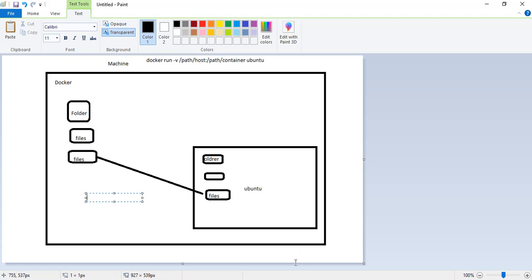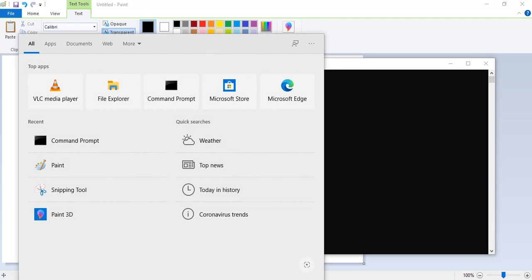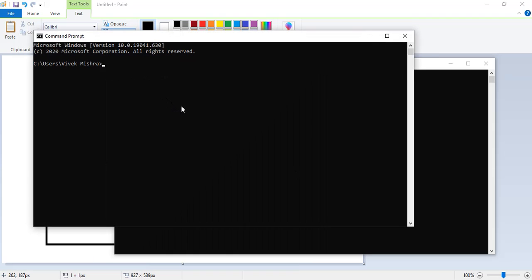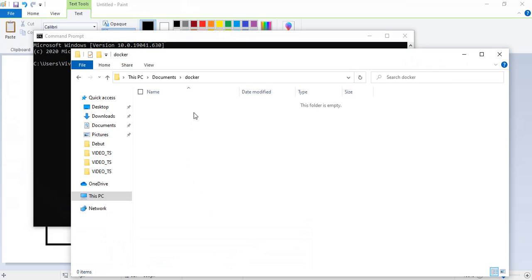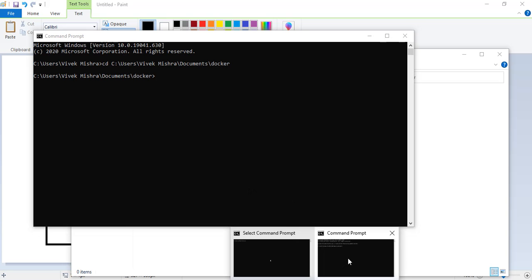So let's do it in command prompt. Let me open two instances of the command prompt because we will need two. Suppose I have created this Docker folder in my documents folder. Let me copy this place and go to it in command prompt. So this is our local host path, where we want to do the mapping from the container. And in the next window,